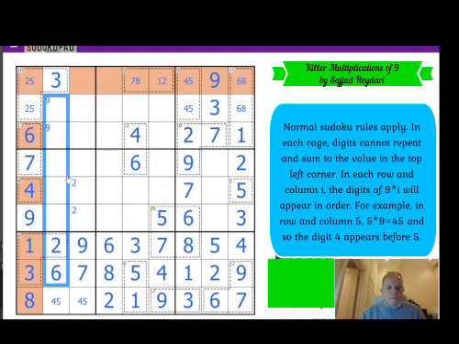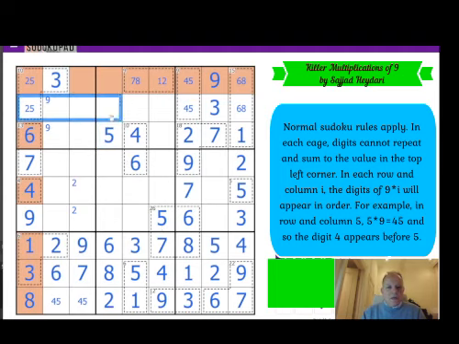There's a 5 X-wing in those 2. So the 5 in row 3 is going to have to be here. Now, 1 before 8 in this row. That's not very helpful. 3 before 6 in this one. That means that can't be a 3. So 3 is in one of those 2 cells.